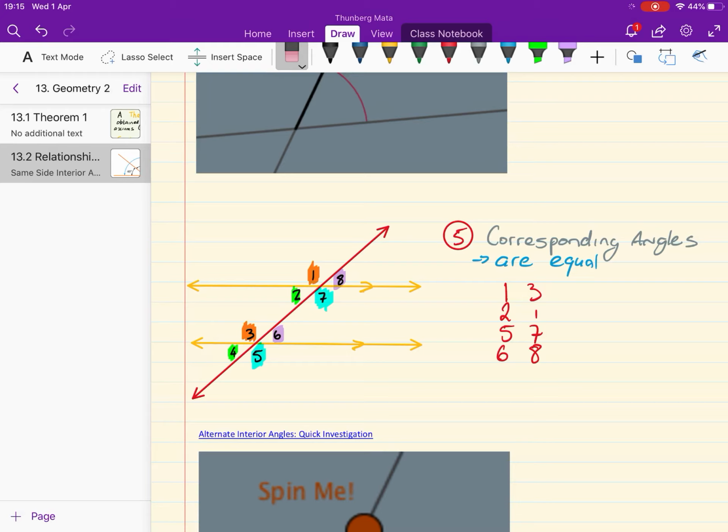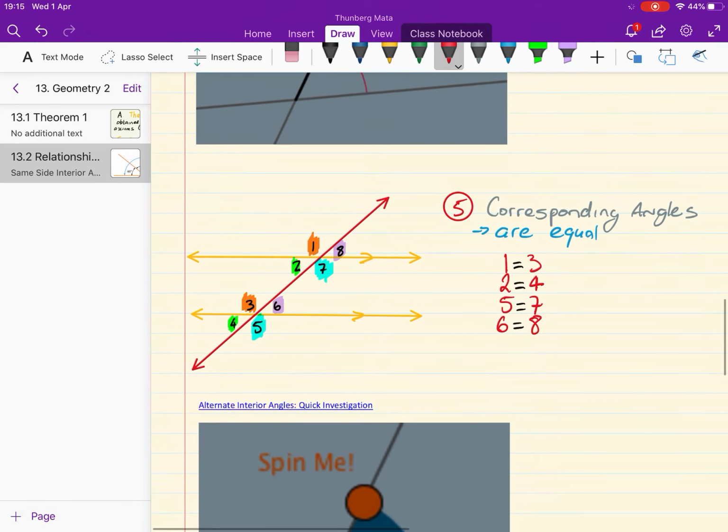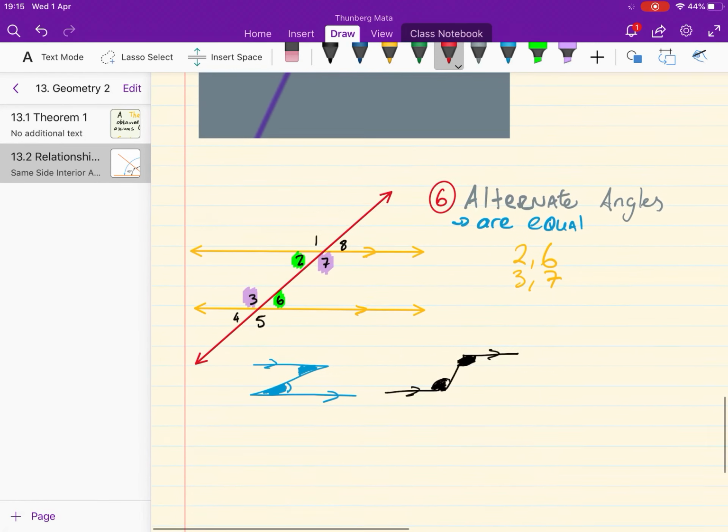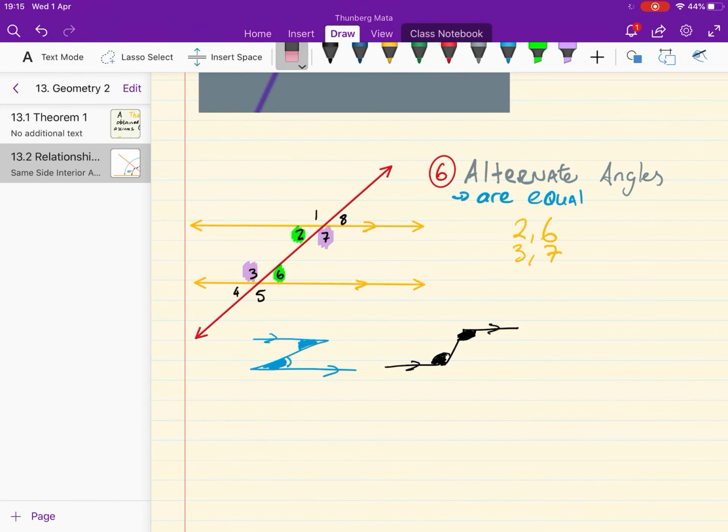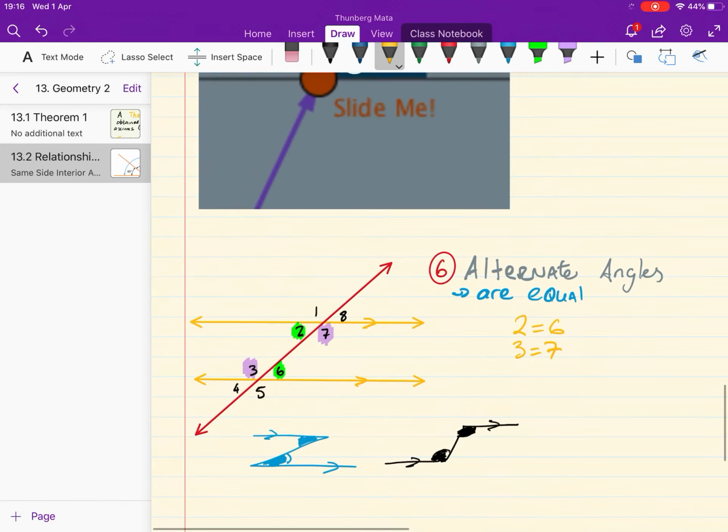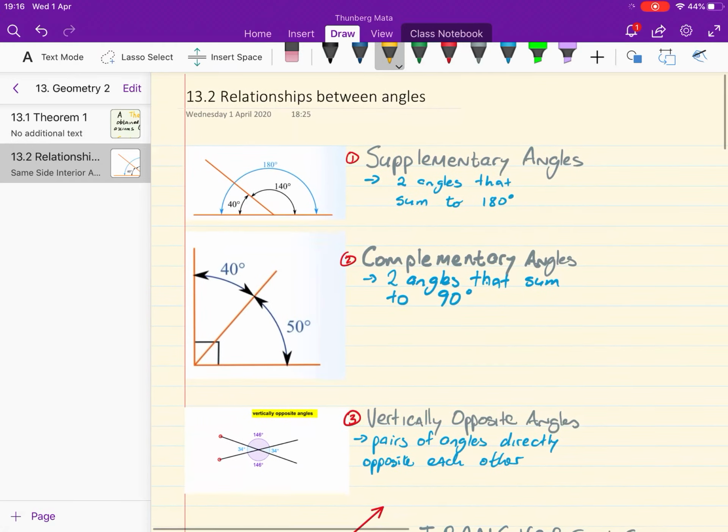Then we looked at corresponding angles, and we've seen the corresponding angles are equal to each other. So rather than having them as pairs like that, what you should really have is equal signs between them. So 1 will be equal to 3, 5 is equal to 7, 6 is equal to 8. Sorry, 2 is equal to 4. Small little mistake there, but I caught it. And same here, we have alternate angles are equal. So by rights, rather than having that comma in between, I should really have